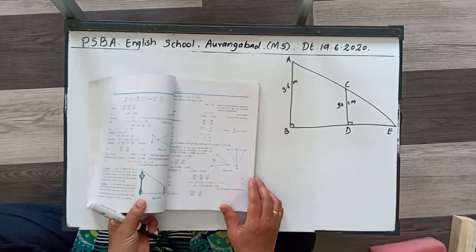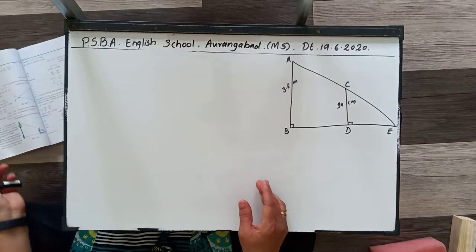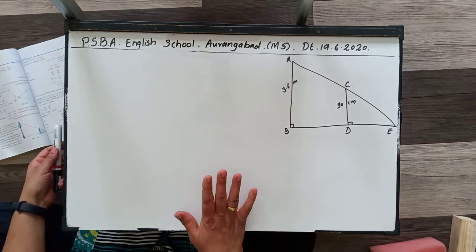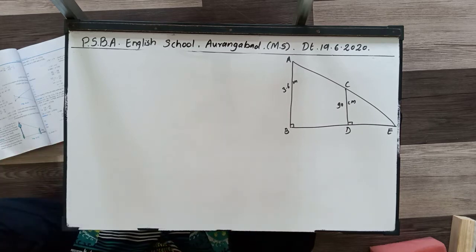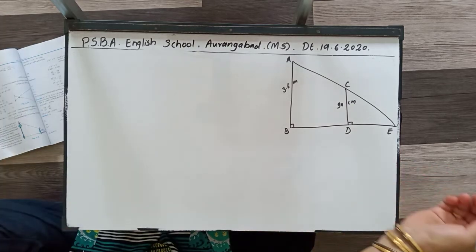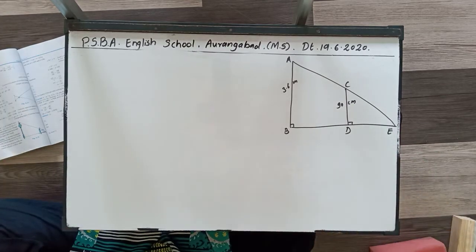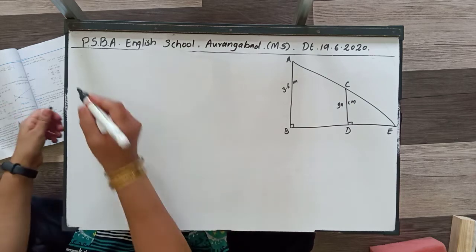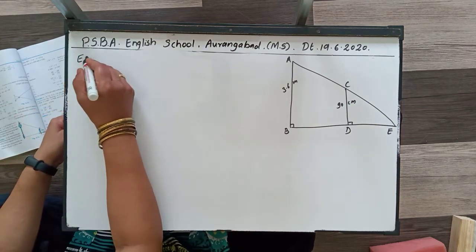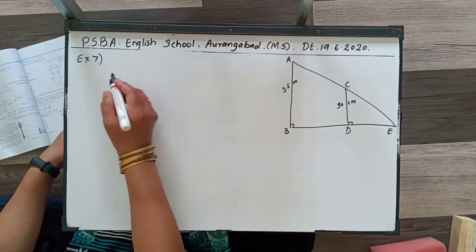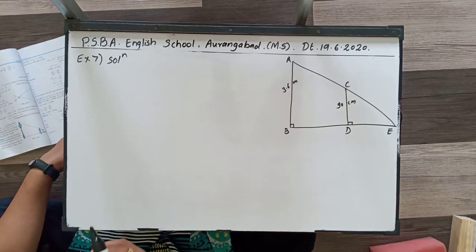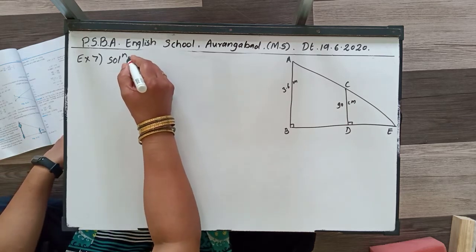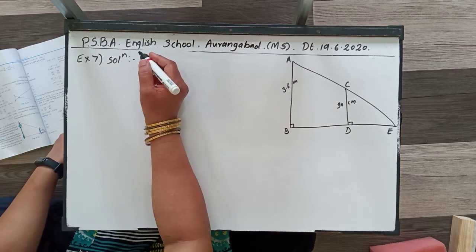Now here we have to draw the ray diagrams. It is not required to draw the girl and the lamp post well, because mathematicians are never good in drawing. We are not going to see how well you draw the girl or lamp post. So here write down the solution, example 7. Solution. Children, all of you have to write the questions in the classwork. So leave 4 lines and then draw the figure.